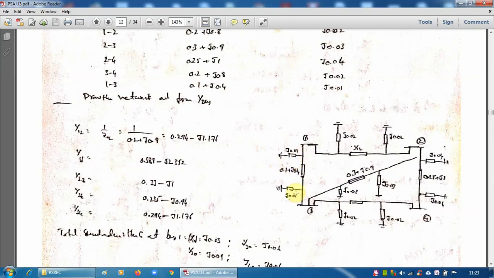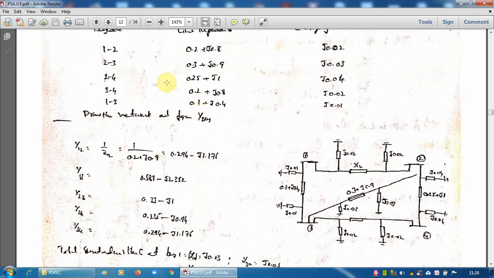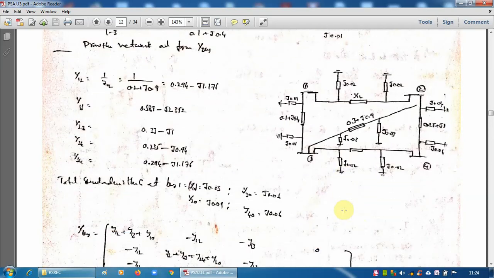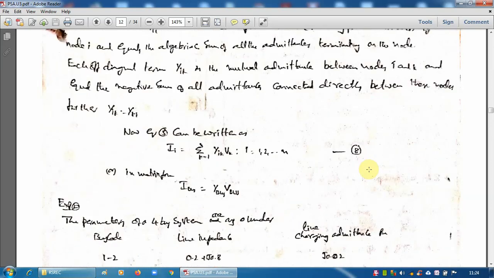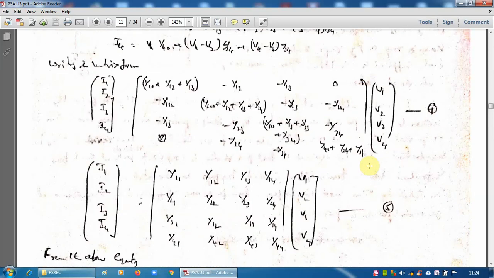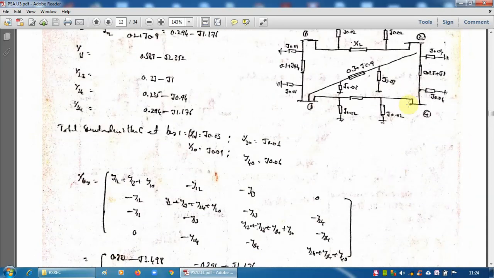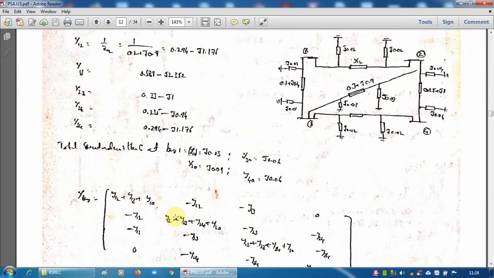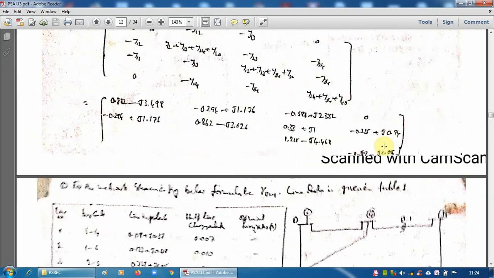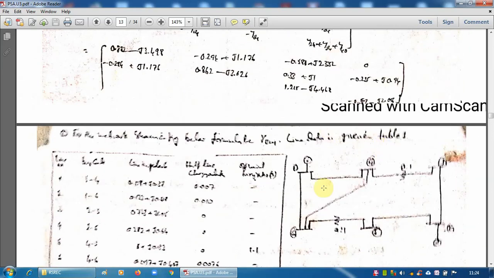Similarly, this is line 1-3 series impedance, and these are line 1-3 shunt admittances, to be marked one at this point and another at this point. Like that, for all the 5 lines given, series admittances and shunt admittances are represented like this. Once this is represented, as per the previous explanation of construction of Y bus, you can easily construct Y bus. That means calculation of diagonal elements and calculation of off diagonal elements. If you do, you will get this value.